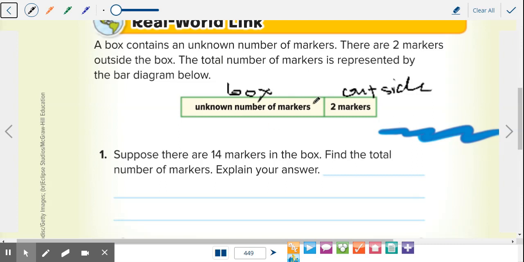So using this, number 1 says, suppose there are 14 markers in the box. Find the total number of markers, and then we have to explain your answer. So if there's 14 in the box, what is our total going to be? 16. How'd you get that? Because 14 plus 2 would be 16. Exactly. You explained it right there. So it's 16 markers